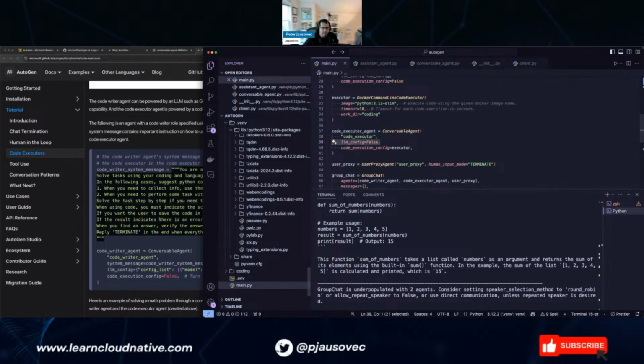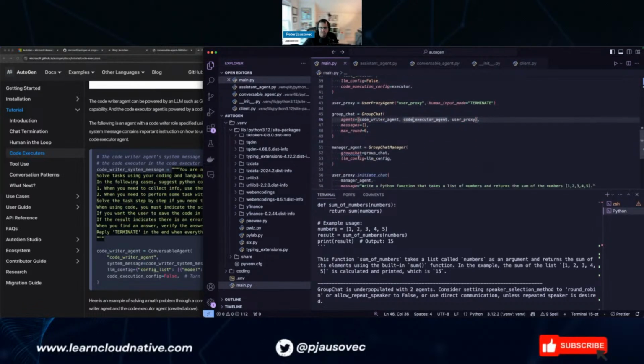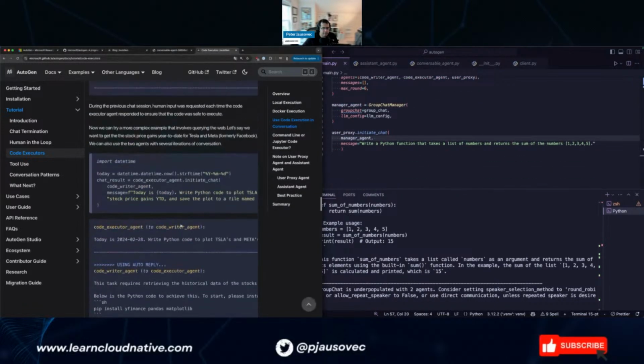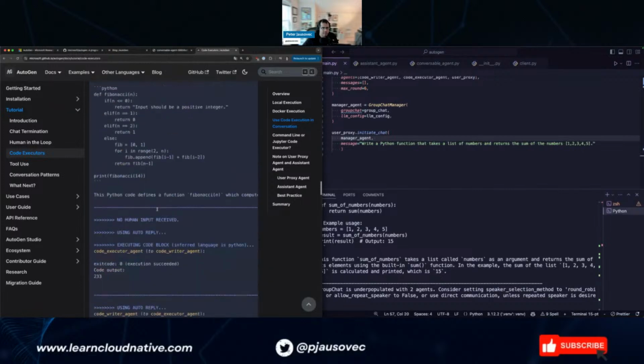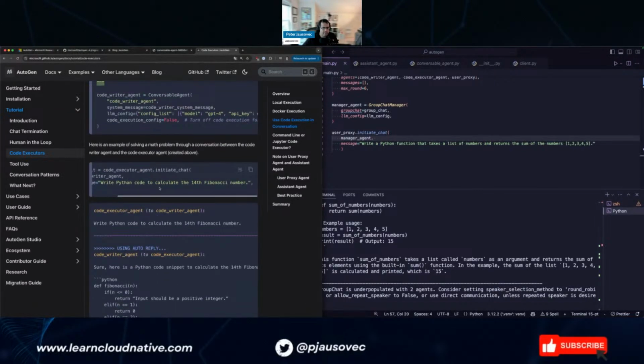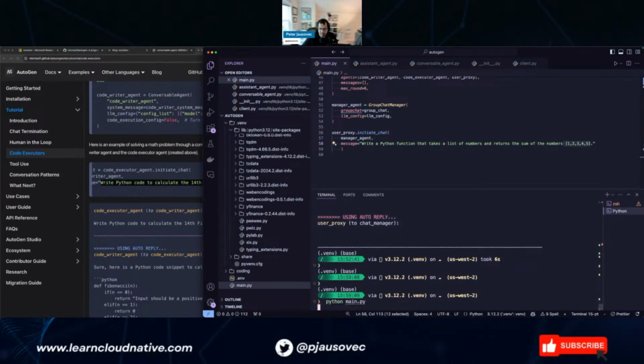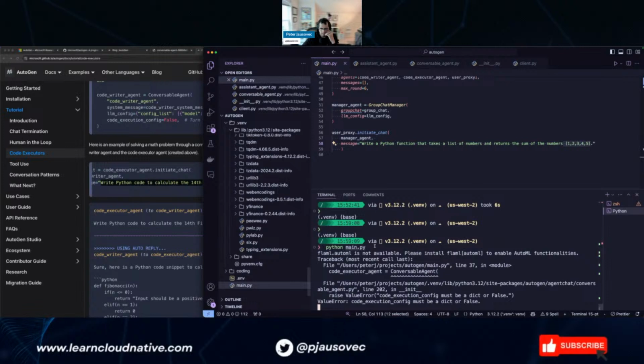So let's do false, and then user proxy. Okay. Group chat. So let's see what happens now. So chat manager. What was the example that they have here? I want to use the same thing. Write a Python code. Yeah, sure. Let's do the same that we already have. So let's see what happens. Okay.